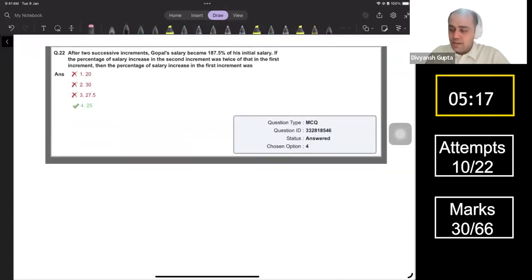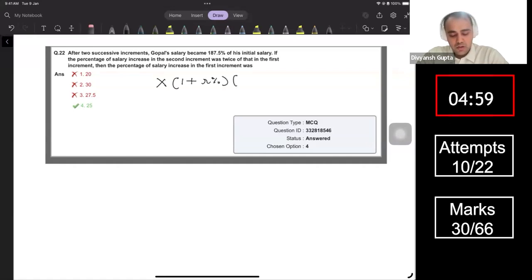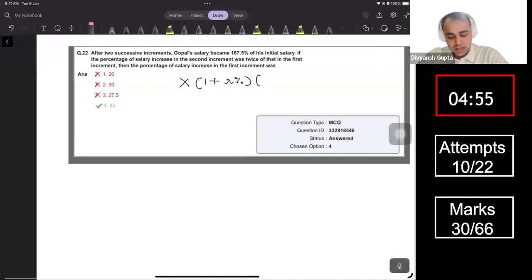After two successive increments, I would like to solve this. Let's say Gopal's initial salary was X. The percentage of salary increase in the second increment was twice that of the first. So this will be 1 plus R percent into, actually, I don't need to write it as R percent. Let's make it simpler. Let's write it 1 plus Y into 1 plus 2,